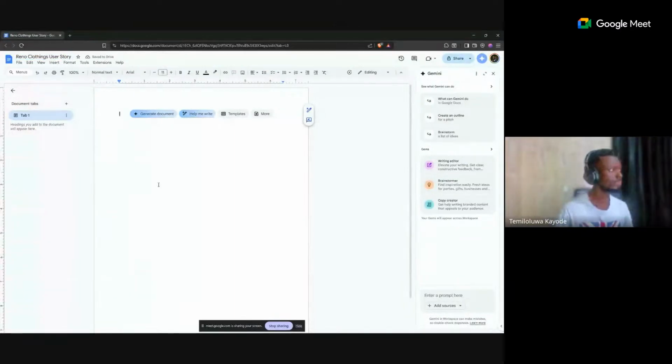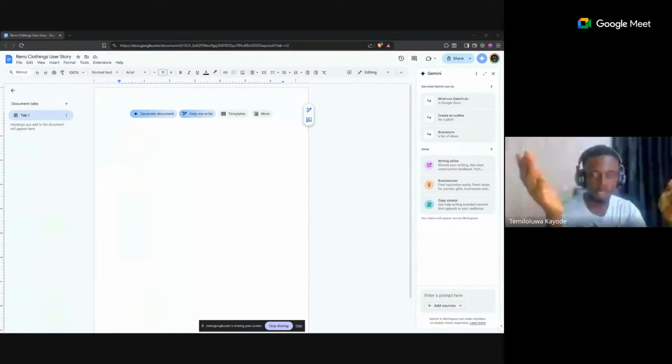So the simplest definition I can give for user story is basically documenting the experiences you want your users to have on your website, mobile app, whatever it is. So for example, a user story for WhatsApp would be something like